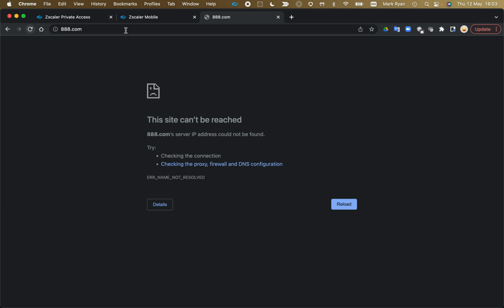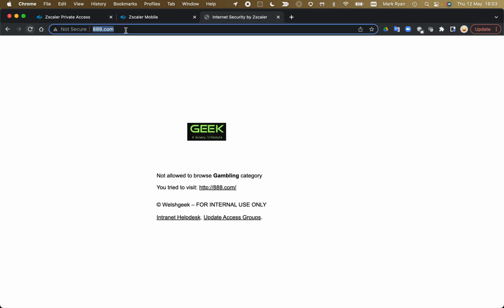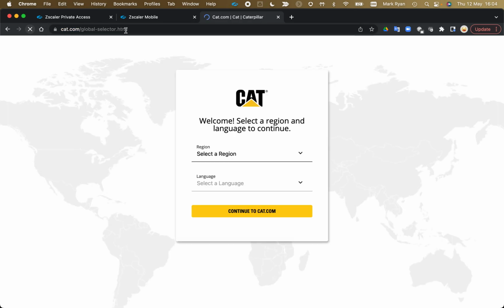Basically, you want your DNS to be coming through Zscaler Internet Access, but all of my other traffic, for example, 888.com is now resolving via ZIA, and if I go to cat.com, even though I couldn't resolve Internet DNS before,